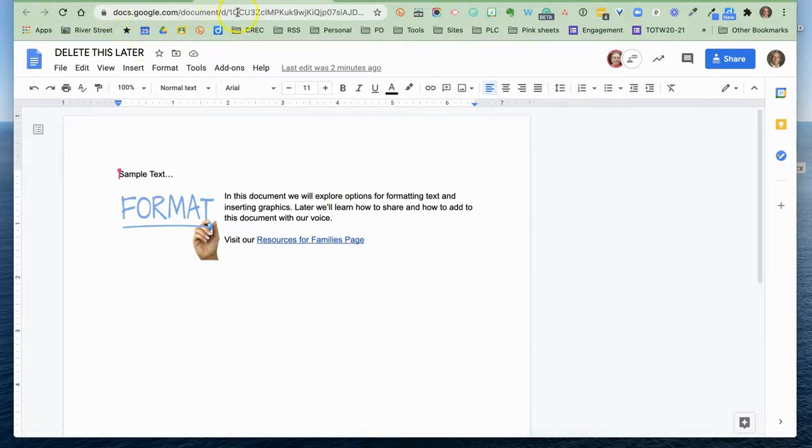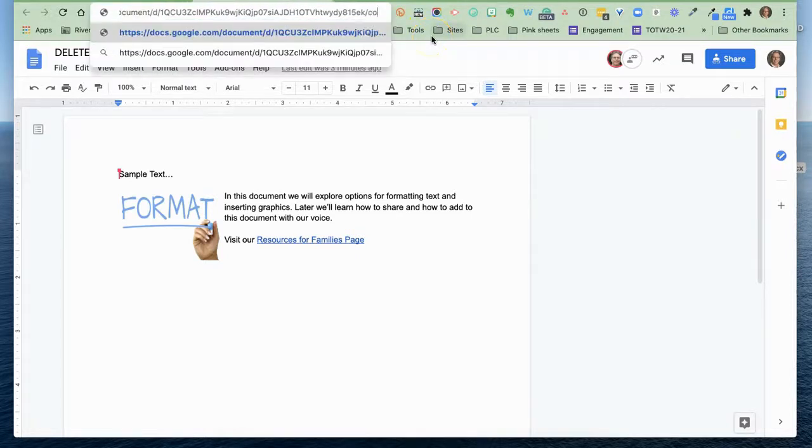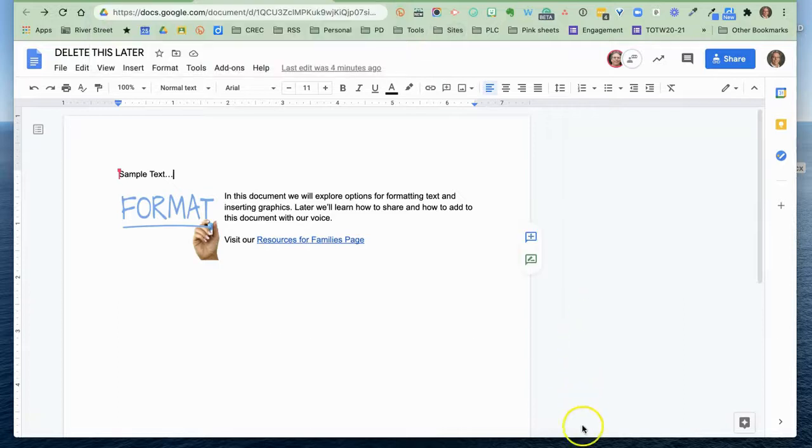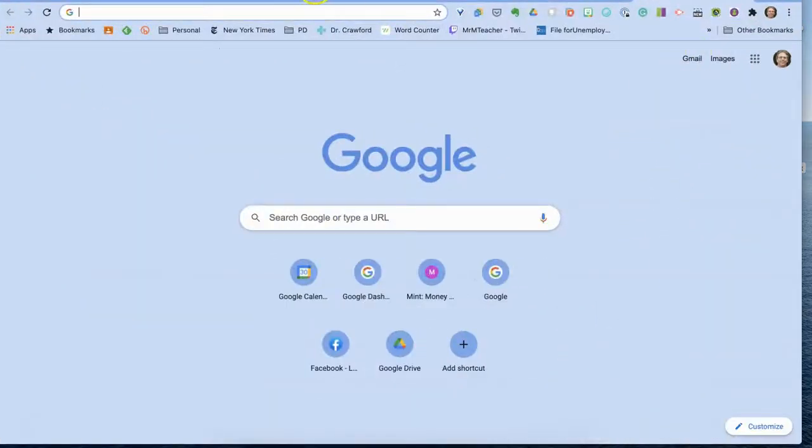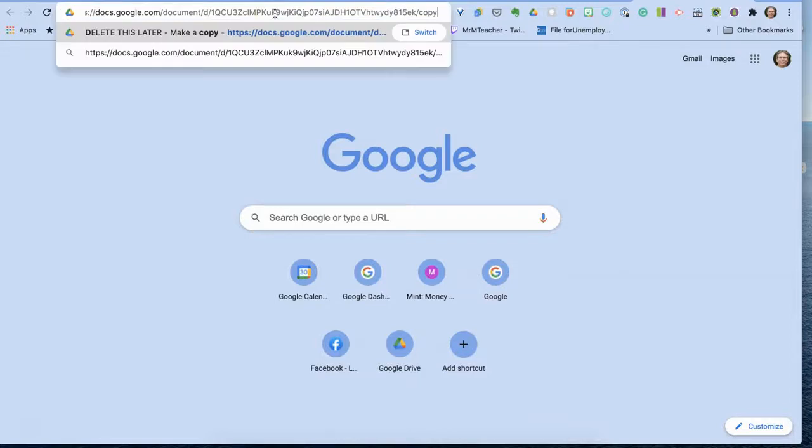Up here in the URL bar, I'm going to highlight the URL address. And the shortcut for doing that, if you want to know, is Command L. Now, you may be able to see the entire URL if you don't have all these extensions loaded, but if you can't see it, tap the right arrow and it will take you to the end of the URL. And you'll notice that for every Google Doc, the last thing is the word edit. If I delete edit and put copy, if I open up another account, blank tab, paste in that link, I